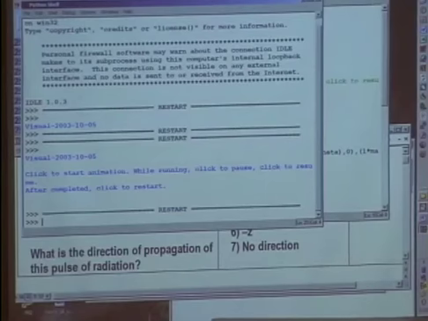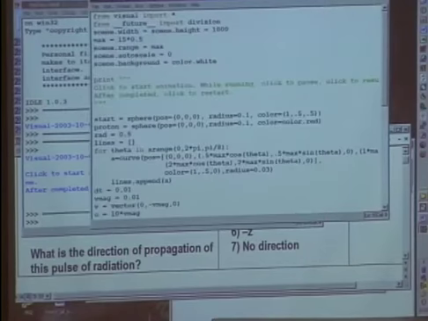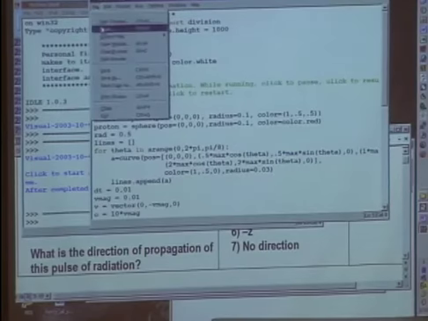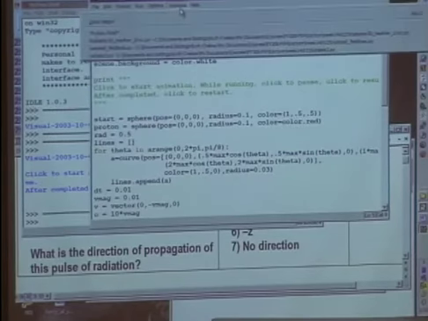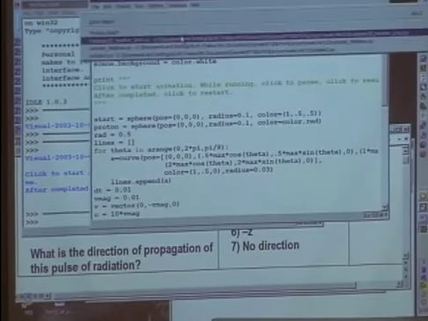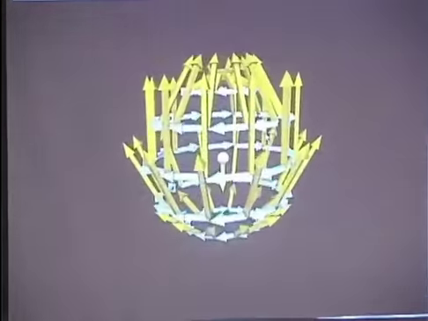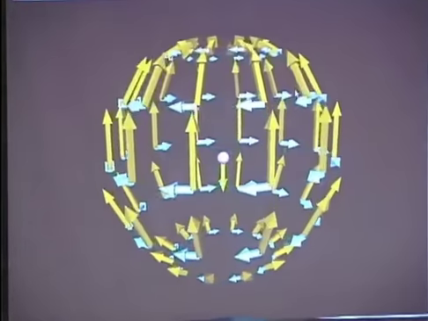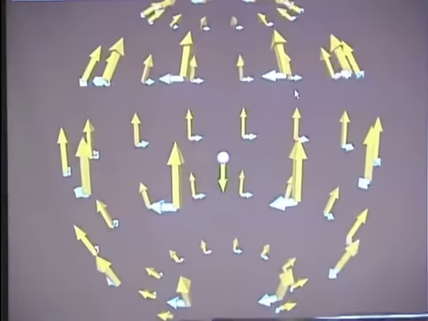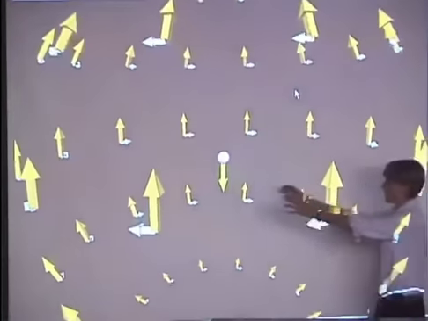There is a slight difference in 3D. This happens in 3D, we're only looking at it in 2D. So let's look at it in 3D and see what this looks like. Okay, here's our charge. We're going to give it a kick down. It's going to radiate. This VPython program shows you the electric and magnetic fields in the pulse spreading out in